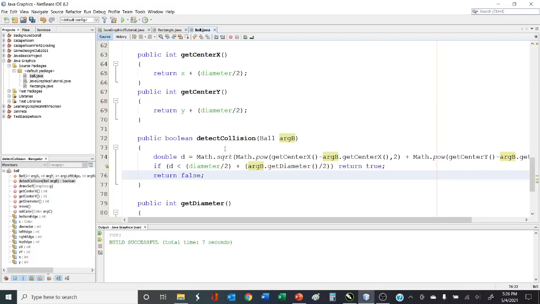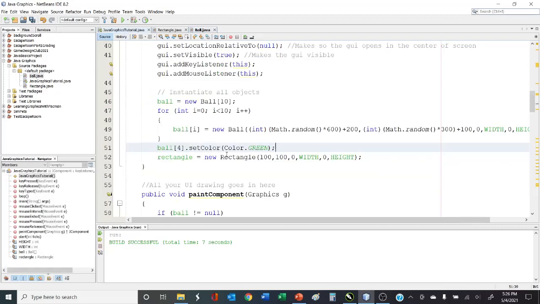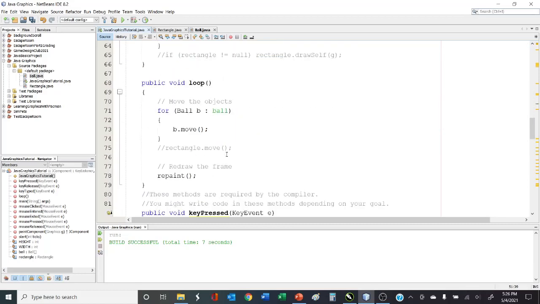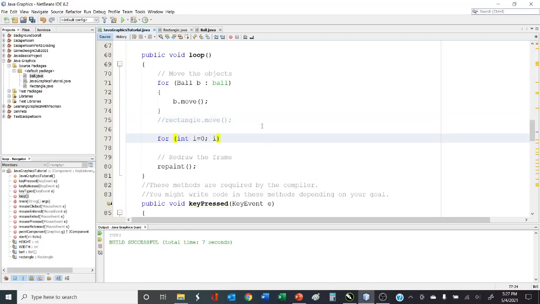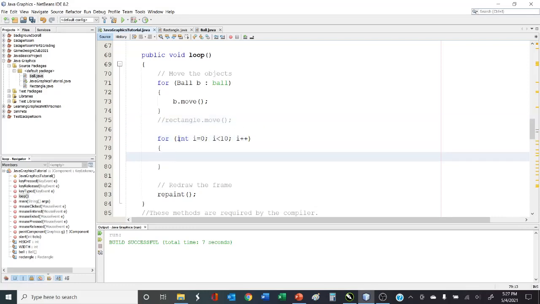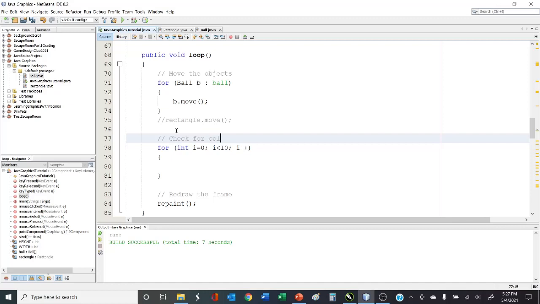So now we have this detect collision method. Back to our driver, last step. When we move the ball, we want to check to see if we have a collision between the green ball and any other ball. And if we do, let's be consistent with the prior video. We'll change the other ball's color to yellow. So what we're going to do is we're going to loop here. Now you notice I'm creating a separate loop, and I'm doing that just for educational purposes. You could technically do it in here, but I want to keep things simple. So I'm going to create a separate loop, which is going to check for collisions with the green ball,